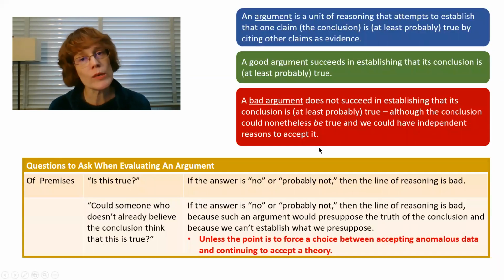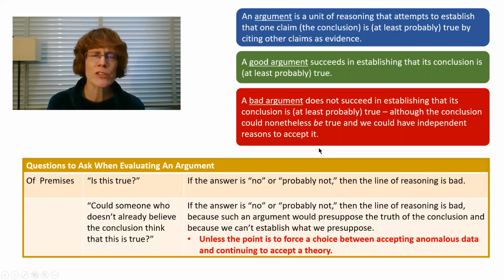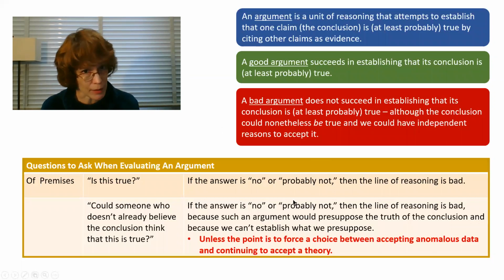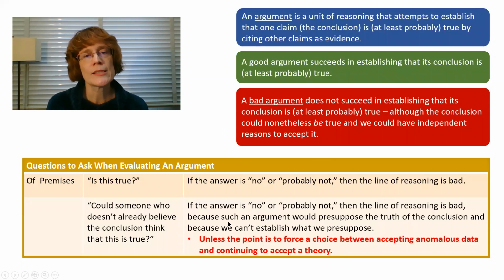What this means is we can add a kind of nuance to our former system. Everything is the same, but when we get down to this question, could somebody accept the premise if they don't already accept the conclusion? If the answer is no, I still think we should step back and think maybe this is an argument that assumes the conclusion in a problematic way, and reject that line of reasoning, and if the argument only has one path, reject the argument as a whole.